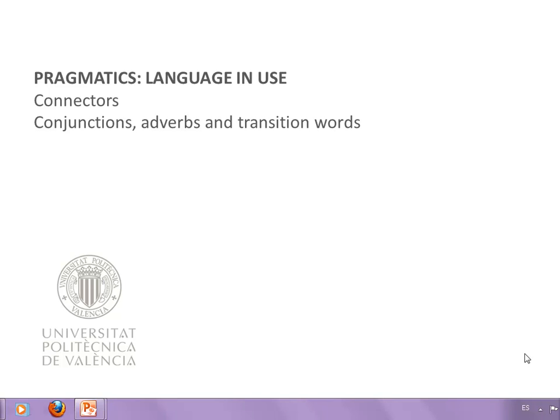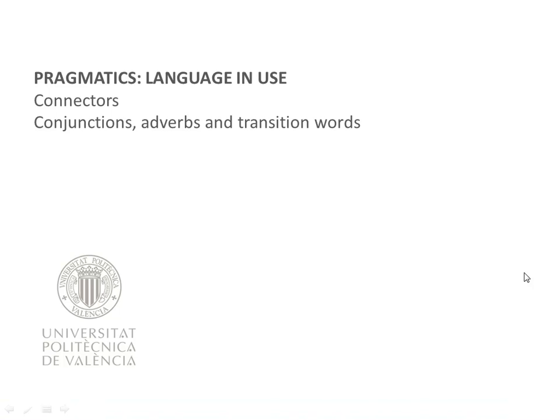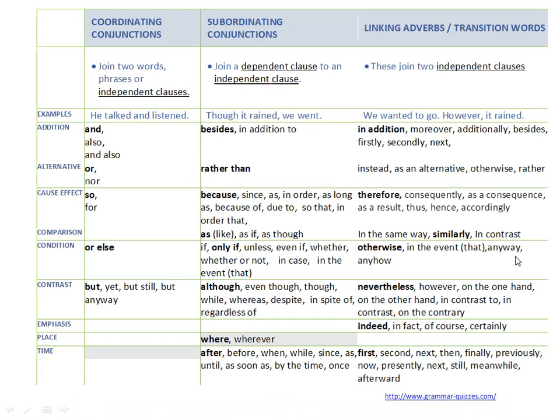The approach used will be Pragmatics, which studies language in use. So we will first take a look at the type of words that can be used to create these types of links between the units of a text. As we can see in this table, these can be coordinating conjunctions, which join words, phrases, or independent clauses which are at the same level; subordinating conjunctions, that can be used to make one clause dependent on another;